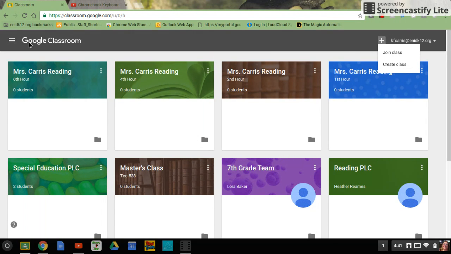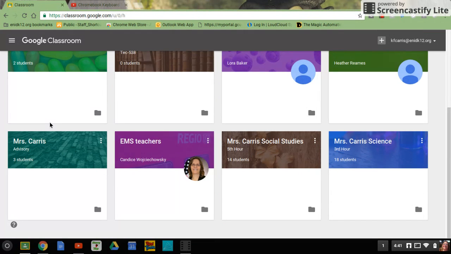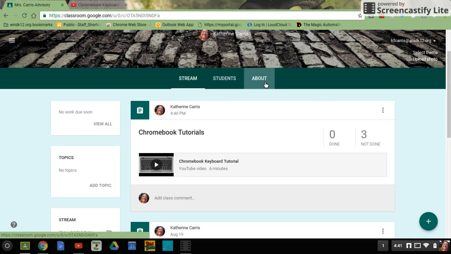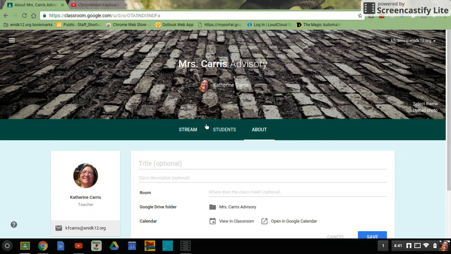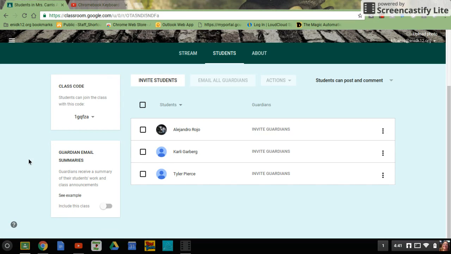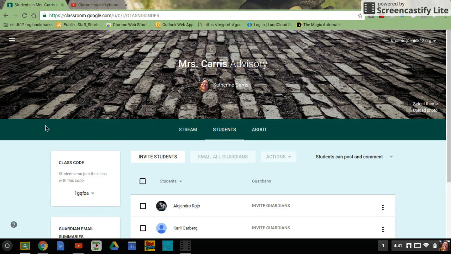When they join the class, they will put in the code, and you'll give them the code from the student section here. And this is the code for my classroom. You'll give them whatever code comes up for your classroom. And then they can join your class and they can begin